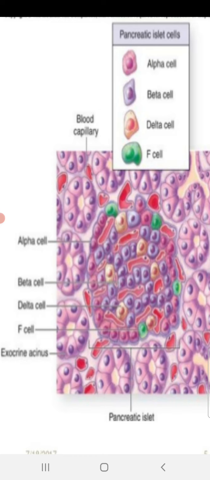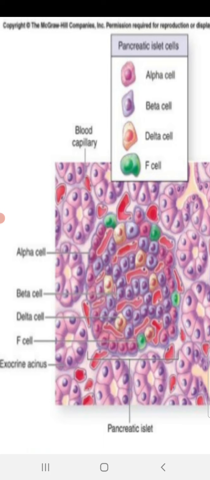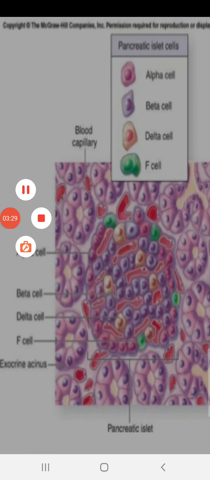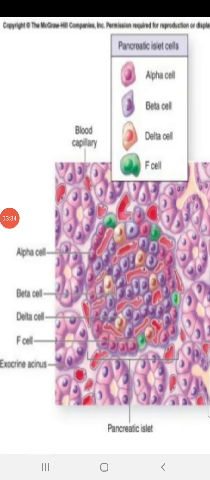yellow and pink are delta cells, whereas green colored cells indicated in the diagram are called F cells. So islets of Langerhans, in the inner layer of the pancreas, one can see in the transverse section there are 4 types of cells: alpha, beta, delta, and F cells. Alpha, beta, delta, and F cells can be clearly seen because